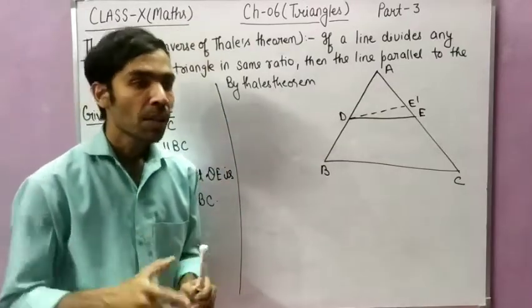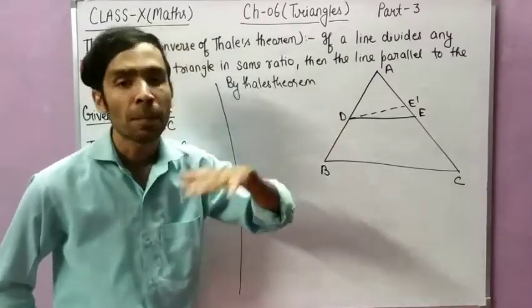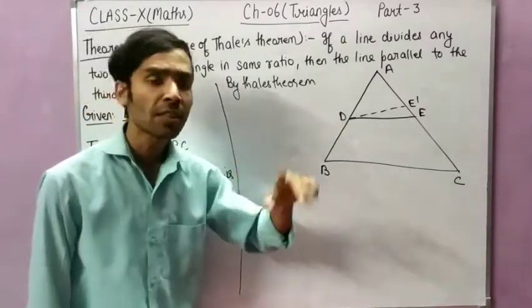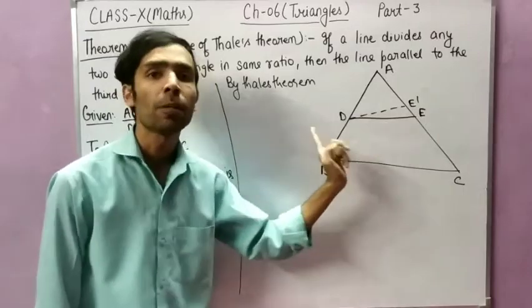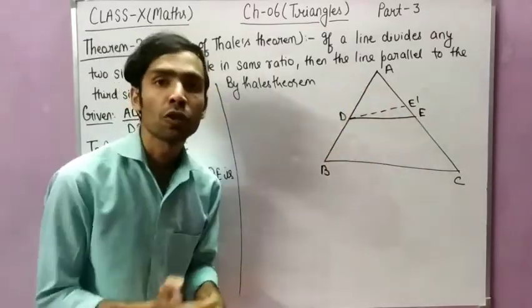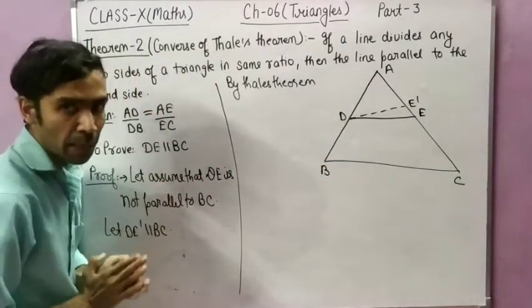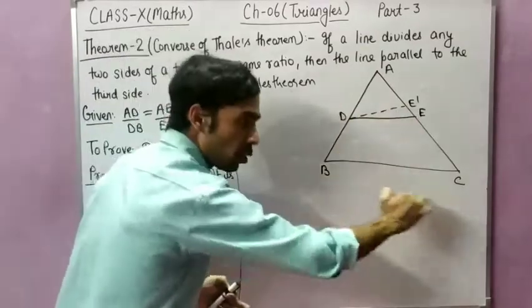क्या था Thales theorem? कि जब कोई लाइन ट्रायंगल में, अगर कोई लाइन ट्रायंगल की एक साइड पैरेलल है और वो लाइन ट्रायंगल की दोनों अलग अलग साइड को अलग अलग पॉइंट पे कट कर रही है, तो वो लाइन दोनों साइड को सेम रेशियो में डिवाइड करेगी. तो हम लोगों ने क्या दिया, ट्रायंगल हमारा एबीसी है, triangle is ABC and DE dash is parallel to BC.